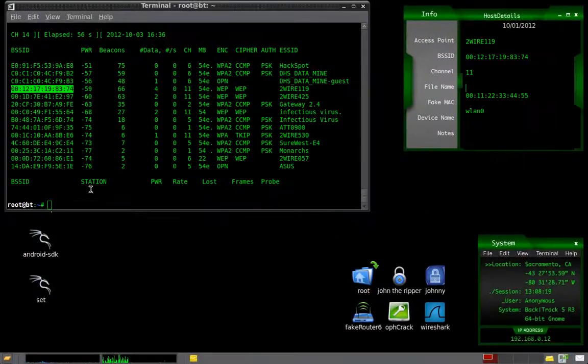Now once you've done that, back in your terminal here, you're going to type airodump-ng -c, and then that channel number, -w. Then you're going to specify a file name. It could be anything you want. For this tutorial I'm going to use webhack,